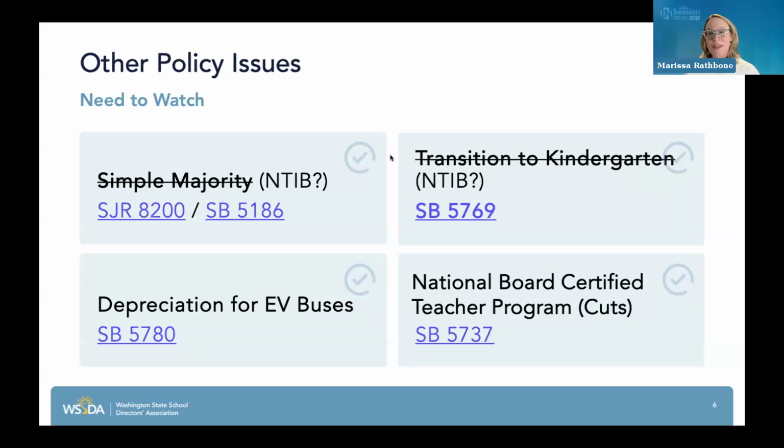Transition to kindergarten, neither the House or the Senate bill progressed. The House bill did not make it past appropriations. The Senate bill did make it past Ways and Means, but was not debated on the Senate floor. However, I do think we're going to see this issue addressed in both the House and the Senate proposed budgets,